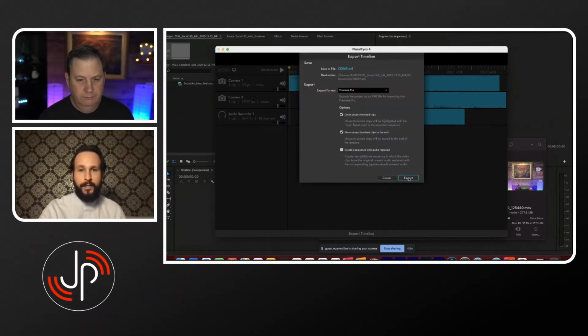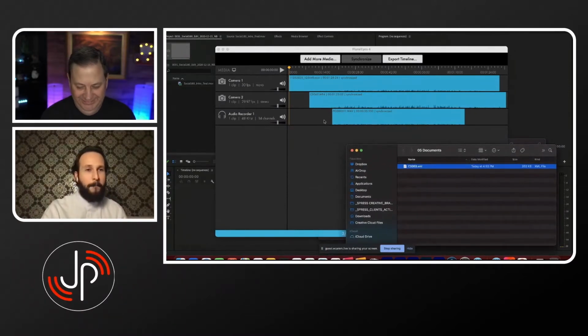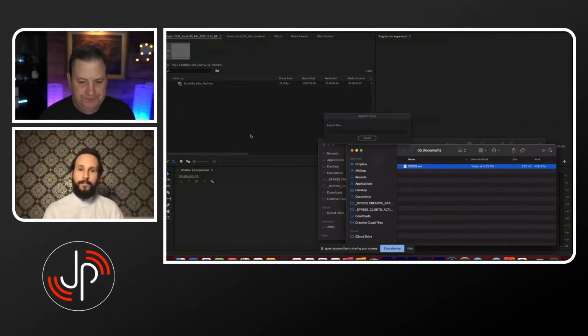And because it's a very tiny data file, it's going to be a very quick export. So here we have it. I suppose I should have named it something better other than C00. But that's okay. That's all right. Yeah, it's a test. So now all you have to do is just drag and drop this XML file into Adobe Premiere.